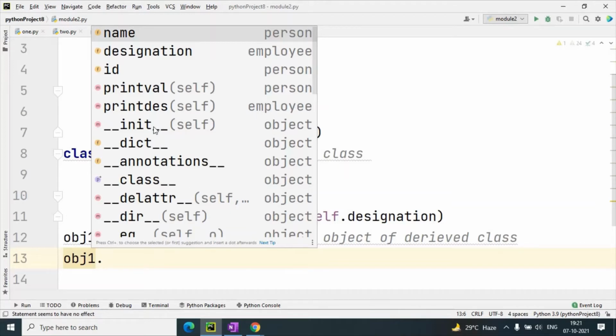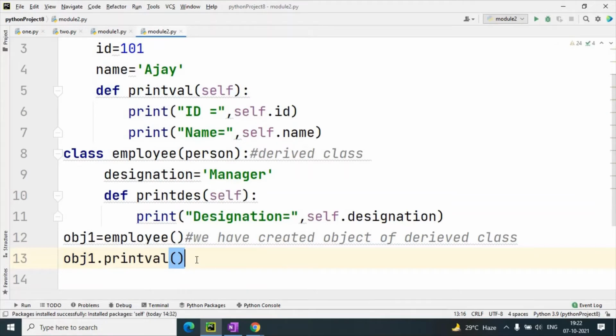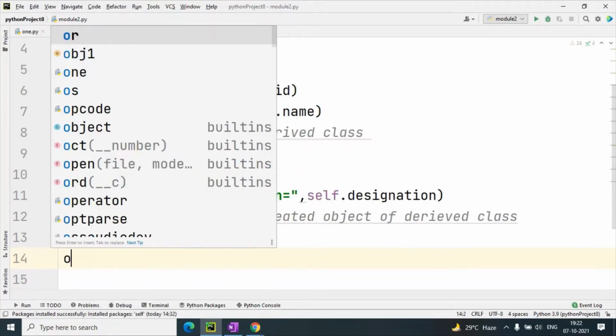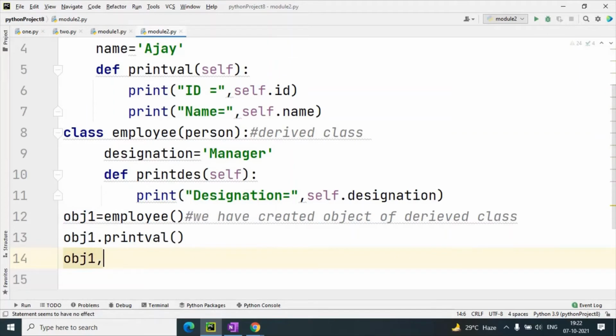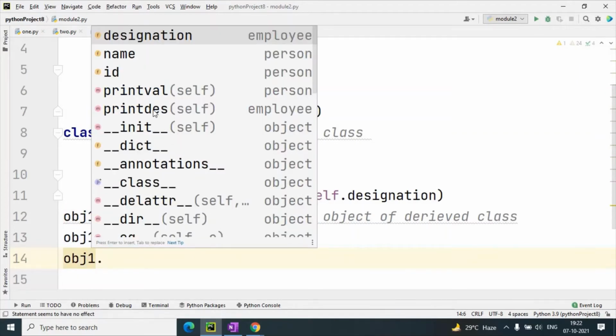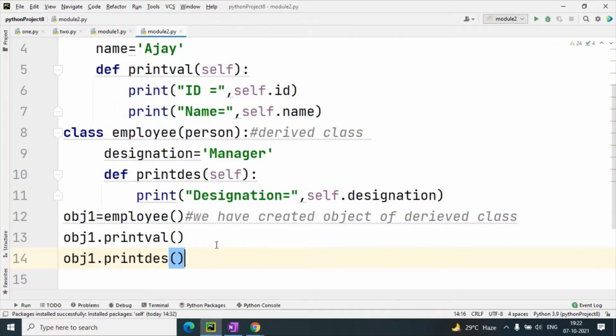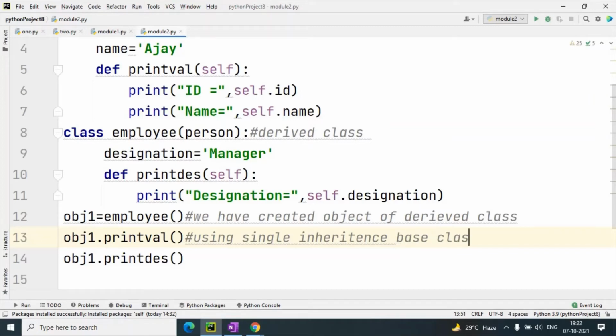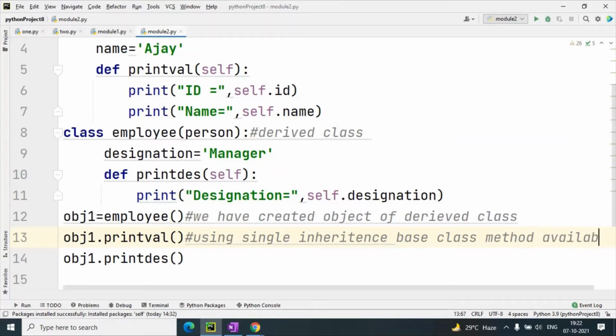So when I use obj1 dot, using single inheritance the base class method is available.